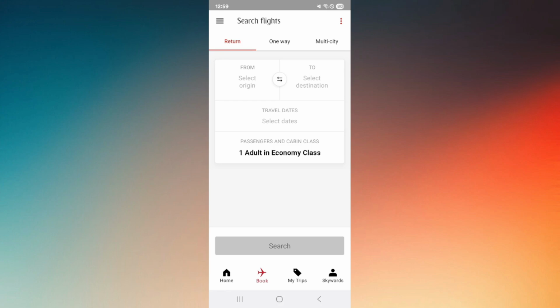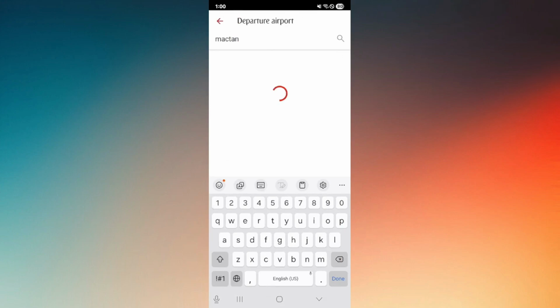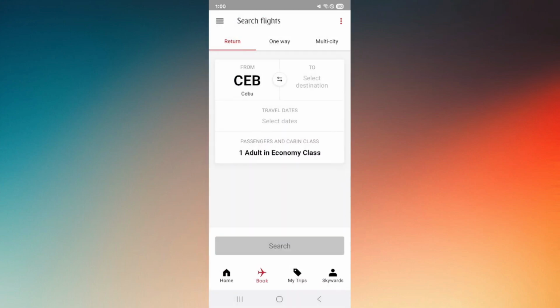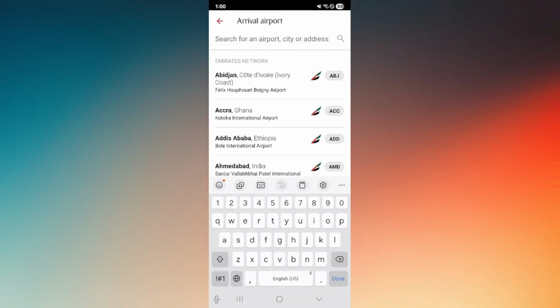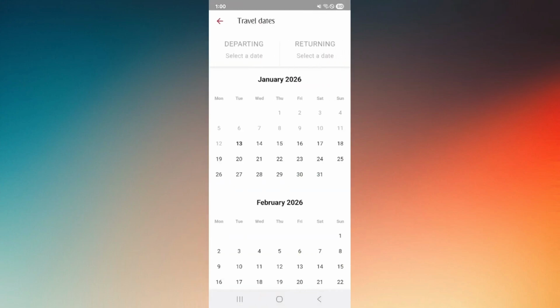Now, in this tutorial, I'm just going to be choosing Return. Now, from the From section, choose on which designated airport you're in. Say, for example, this one right here. And then on To is where you will depart or where you will arrive. Afterwards is to choose on the travel dates by tapping on that, and these are the available dates of that